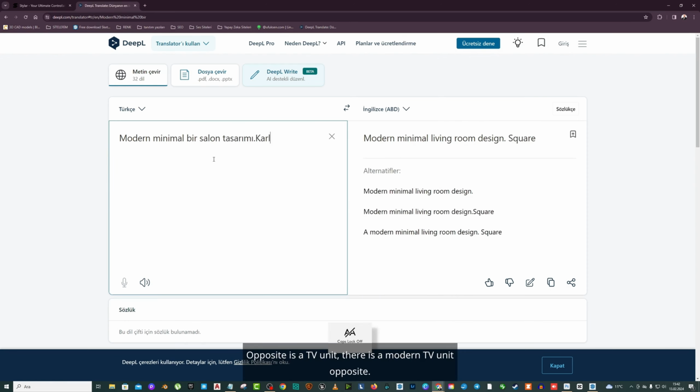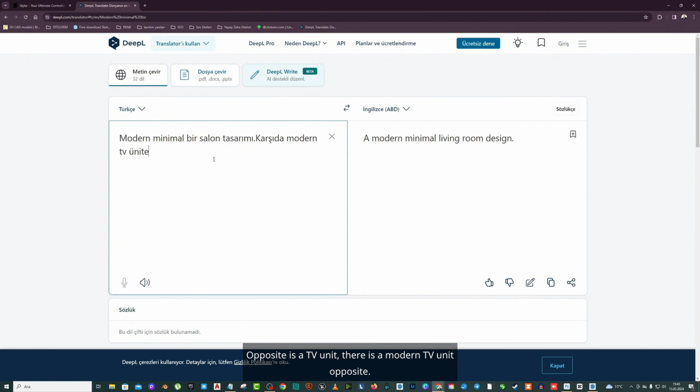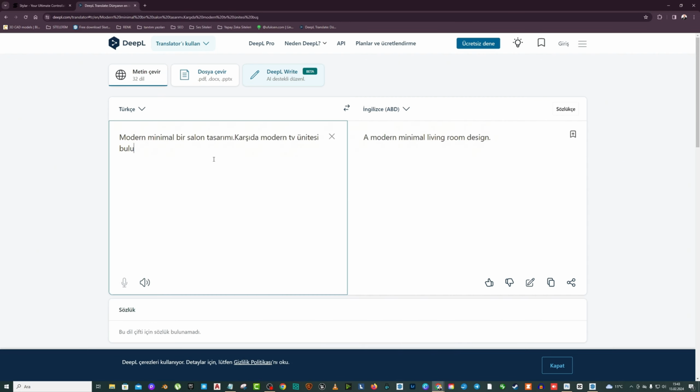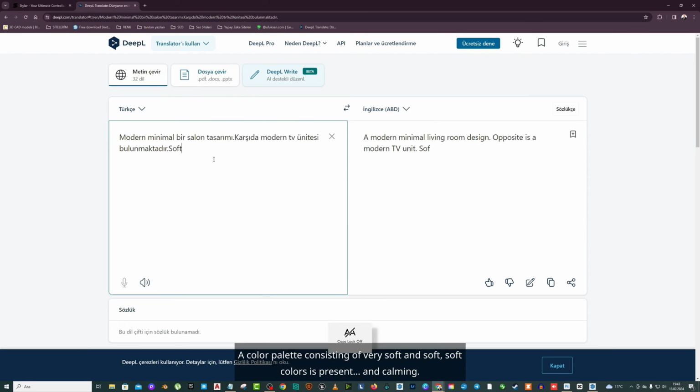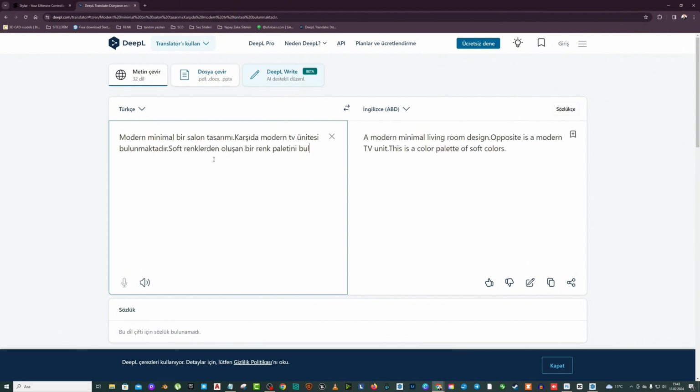Opposite is a TV unit. There is a modern TV unit opposite. A color palette consisting of very soft colors is present and calming. Let's say this living room,